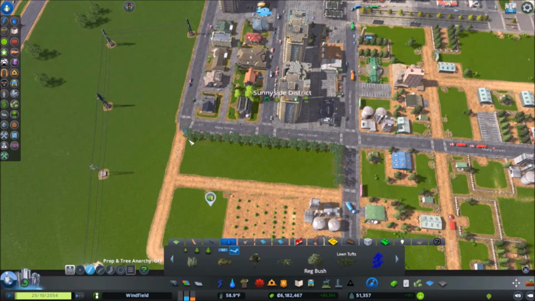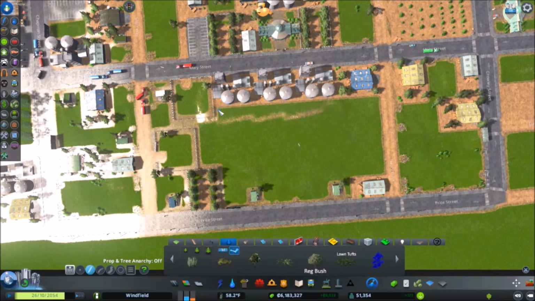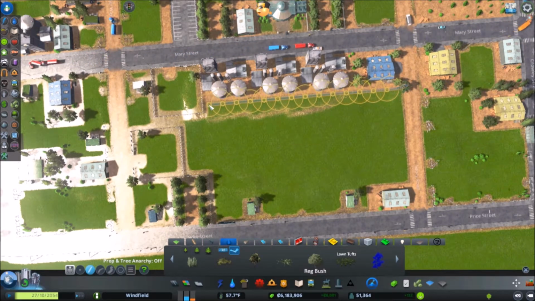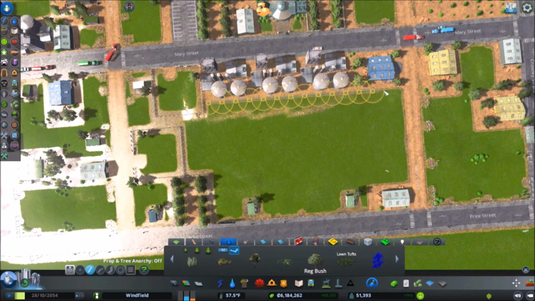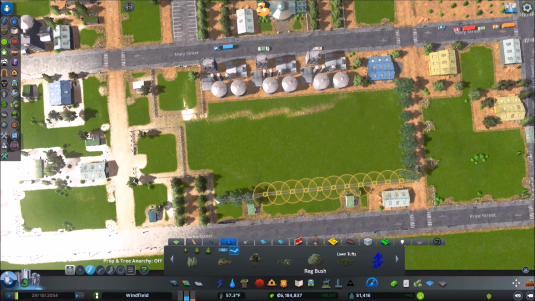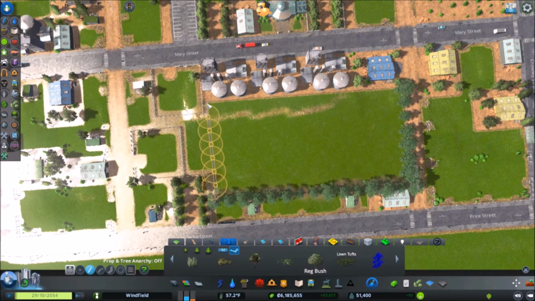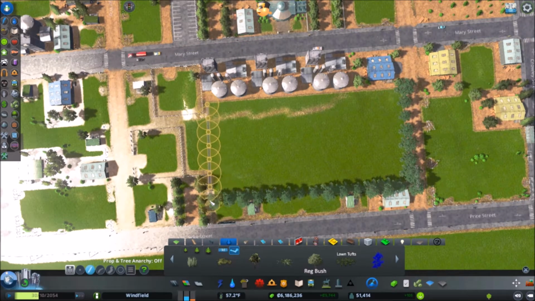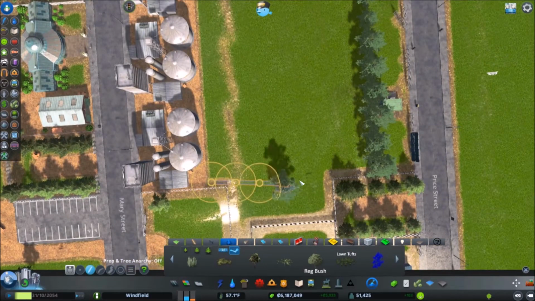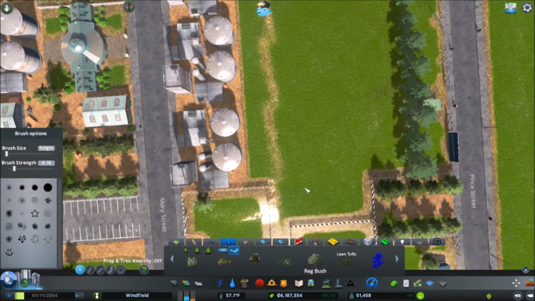Otherwise, I think that's fine. And let's see if we can frame this. Can I frame this in a way? Okay, I can there. Okay, that's good. Alright, how do I frame this as good as possible? You know what, let's just not bother with that. Let's just put a few...